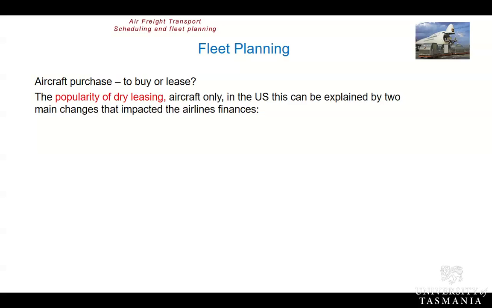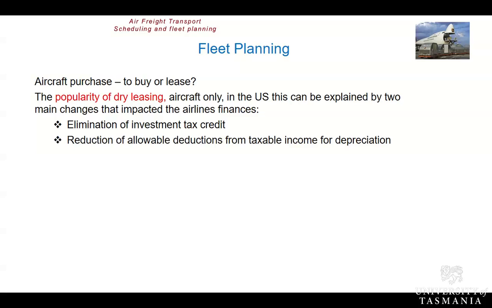Now, we've already touched on leasing on a couple of occasions. One of those leasing options is what they call dry leasing. So dry leasing is leasing just the aircraft. So in the US, there's been some major change in tax reform which has driven a lot of airlines towards dry leasing. And the first one was elimination of investment tax credit and reduction of allowable deductions for tax income